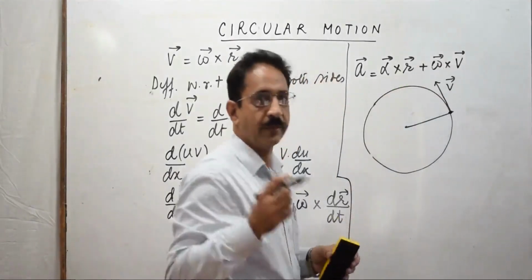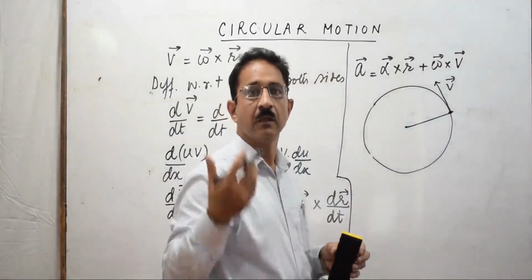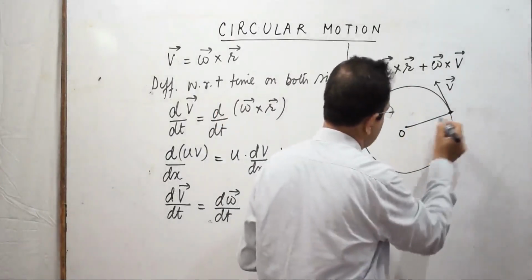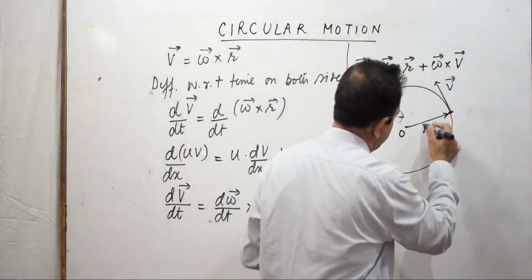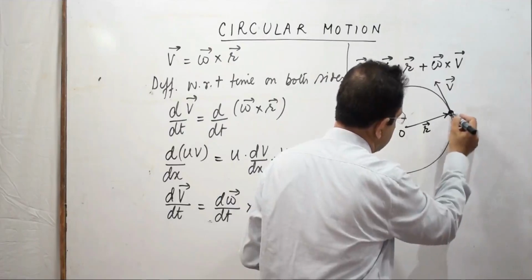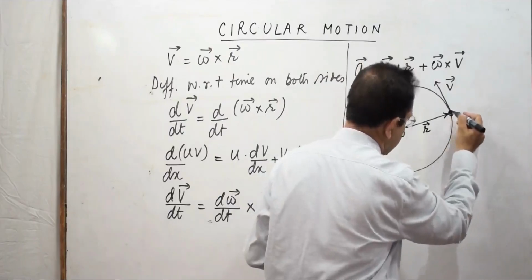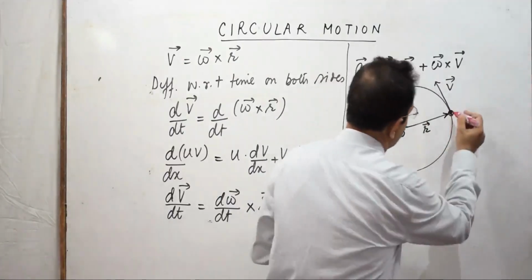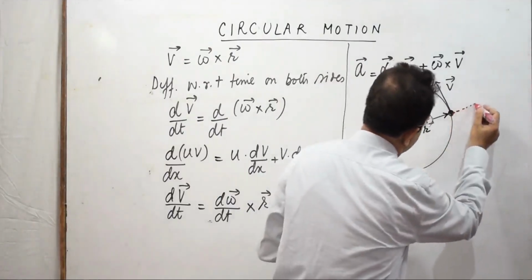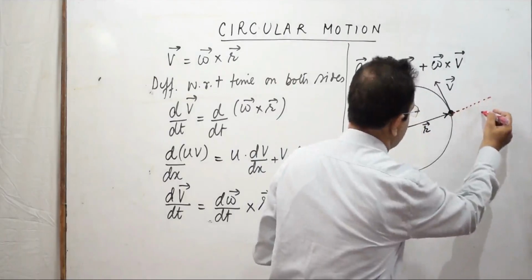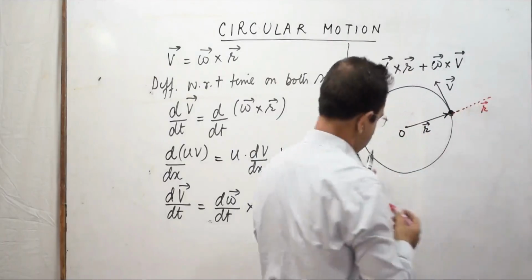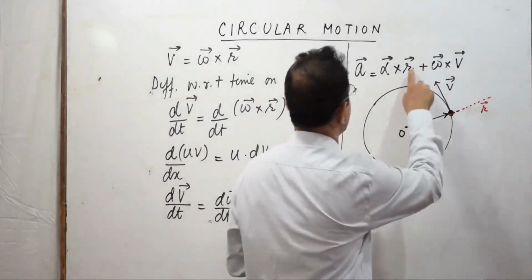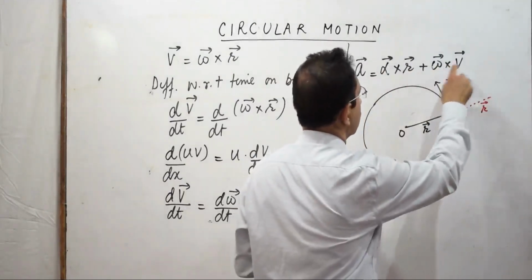इनको अब पहले हम डायरेक्शन वाइज देखते हैं कि किस किस वेक्टर का कौन सा डायरेक्शन होगा. सो हियर इज o, सेंटर ऑफ द सर्कल, ये इसका r है पोजीशन वेक्टर, ये मास है पार्टिकल या बॉडी जो मोशन में है, एंड आई कैन प्रोड्यूस the direction of this position vector. So this is the direction of position vector. So this is the direction of r vector. अब हमें दो क्रॉस प्रोडक्ट्स लेने हैं. One is alpha cross r, other is omega cross v.